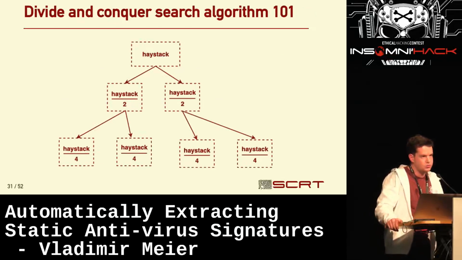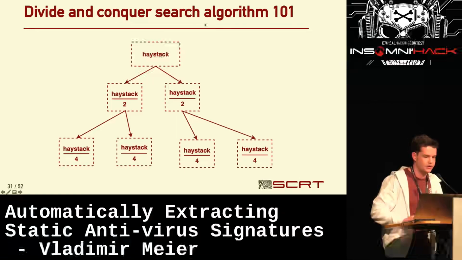So I decided to rely on the divide and conquer algorithm. If you don't remember how it works, you have your haystack and it's too big to find your needle. So what you are going to do, you will cut the haystack into halves, give one half to a colleague, and you will concentrate your effort on your own half, and it's still too big, so cut it in half, and so on, until you have a half small enough that you may just know if your needle is present in it. Of course, there are other ways to find stuff. I've also tried linear search, but it was not